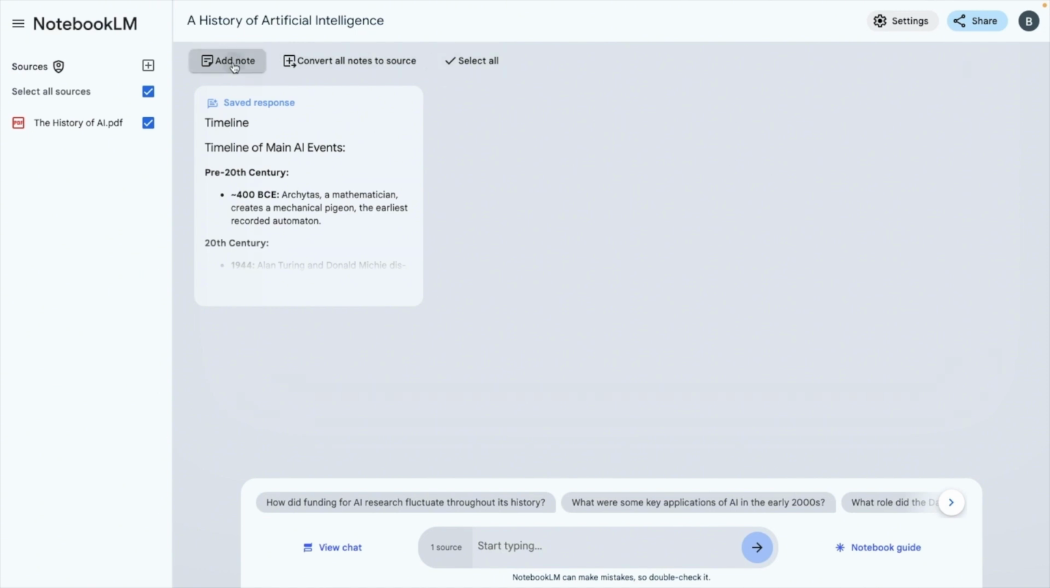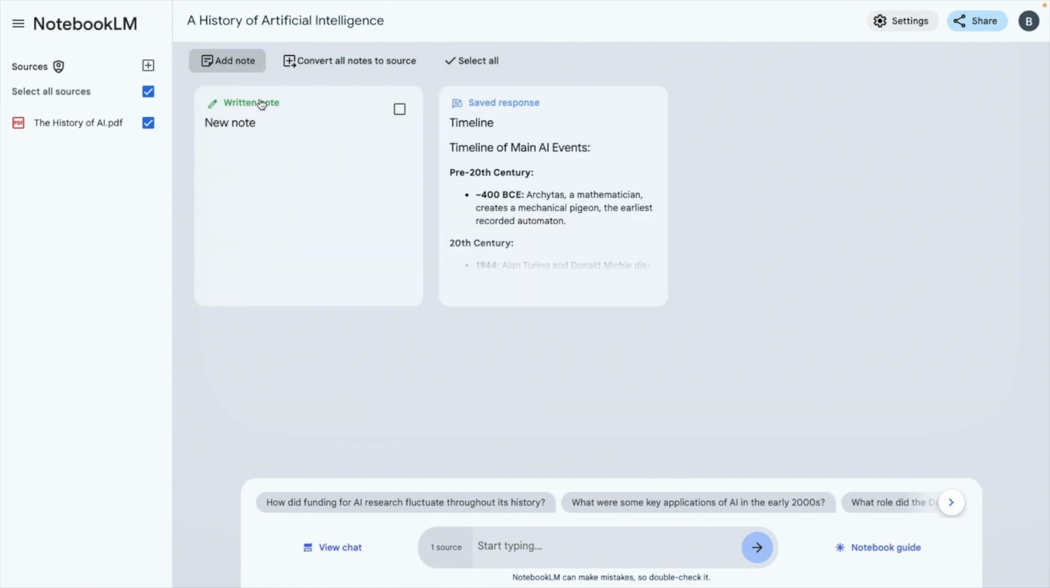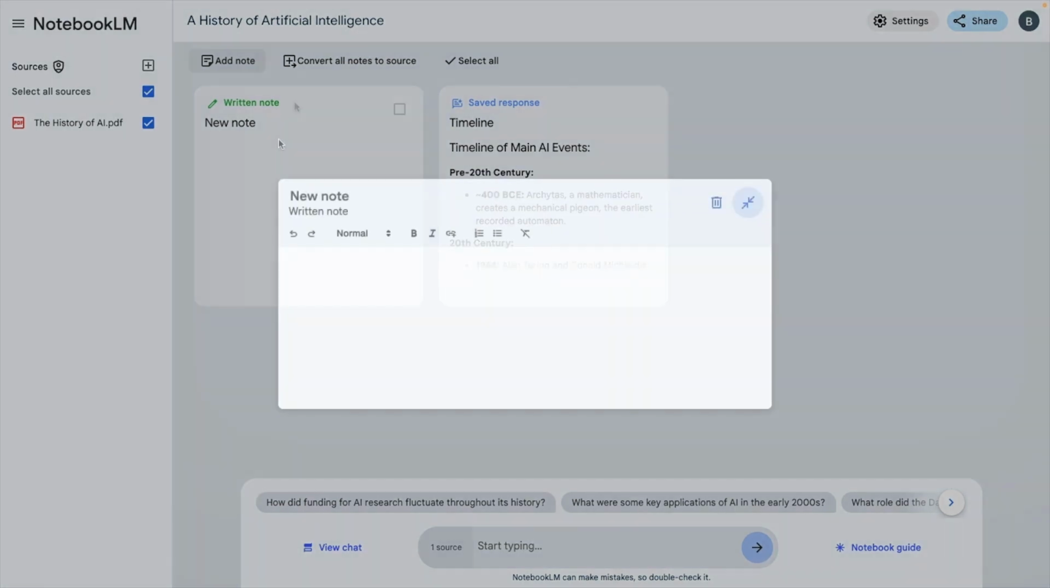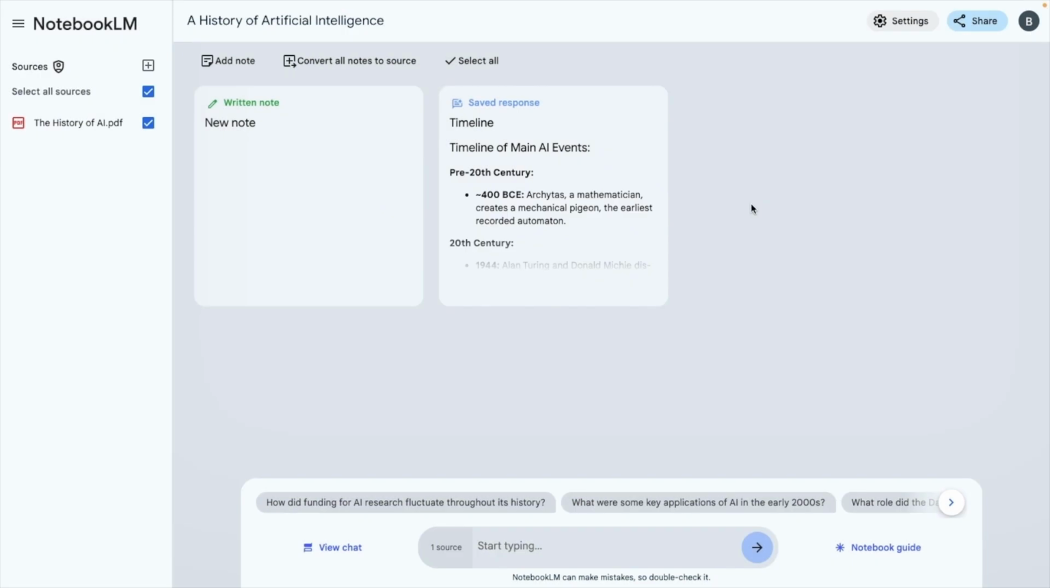If I go to add note, then you can see at the top that what I created is a written note. These are notes you create manually by typing them in or copying and pasting text. Think of them as your personal annotations and reflection on the material. You have full control over the content and formatting of written notes. Both generated and written notes show up in your notes panel, which is this, giving you a comprehensive overview of